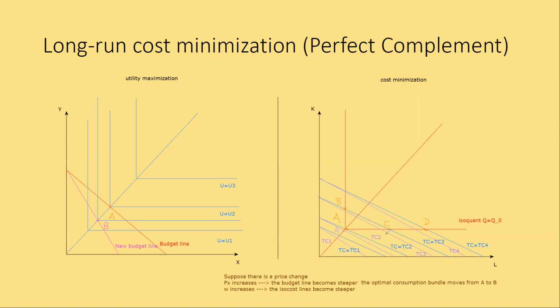So point A prime is going to incur the same amount of total cost after the wage rate increases, as the point A does when the wage rate didn't increase. However, at point A prime, the firm is not producing Q0 units of output. So the firm would still have to choose point A. And effectively, we can draw a new isocost line that is going to be